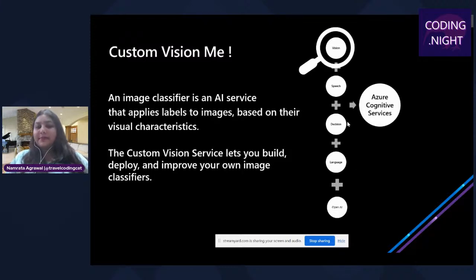So if I talk about diabetic retinopathy and Custom Vision, why is it? Custom Vision is the service which actually helps you classify based on the data that you have trained, not based on pre-built data. So if I talk about diabetic retinopathy, the images of the retina could be your own sample images, and they could be identified and classified as positive or negative, that the person has diabetic retinopathy, yes or no, based on the model that you have trained. So Custom Vision is the first service that would perfectly help you identify.